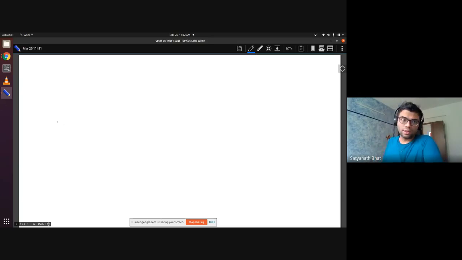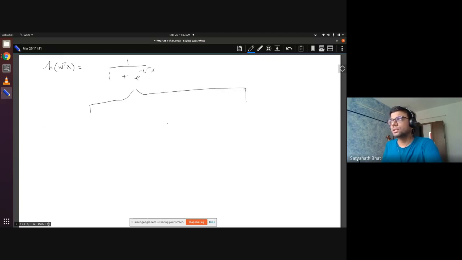So yesterday we saw some of the disadvantages of using regression for classification, and that led us to a discussion on logistic regression. There are many things that I did not explain fully. For instance, we realized that the h of w transpose x that we will be using is the logistic hypothesis, which is 1 over 1 plus e power minus w transpose x. And then we realized that there are two ways in which you can address this. Either you can look at it as least square loss, or you can use the cross entropy loss.